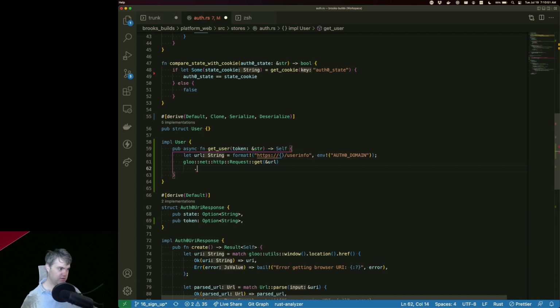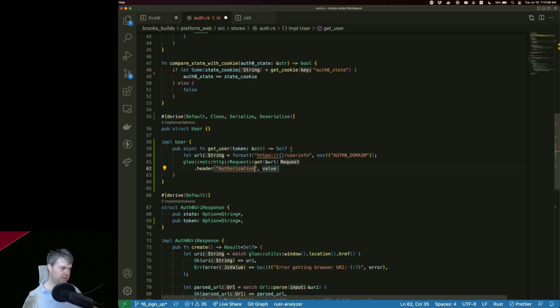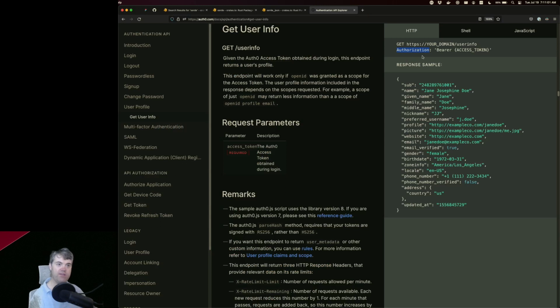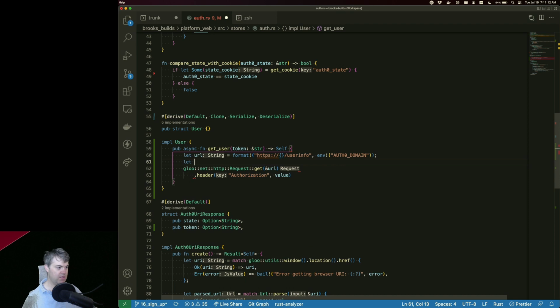Okay, so set a header. The key is going to be authorization. The value is going to be bearer. Okay, so this is going to be the authorization header.